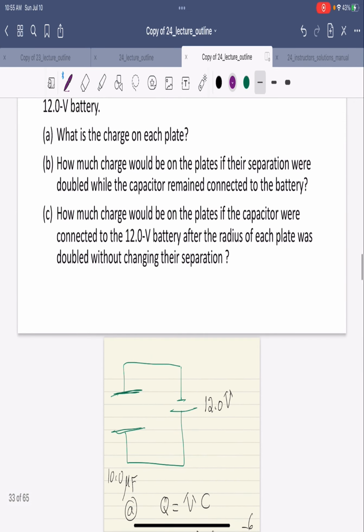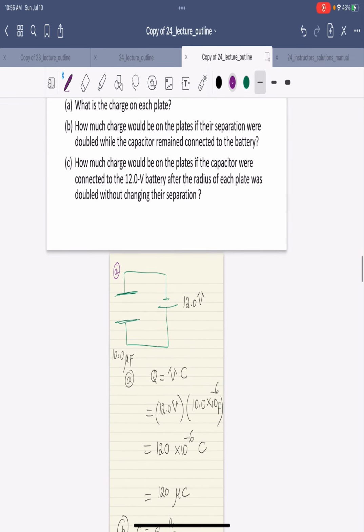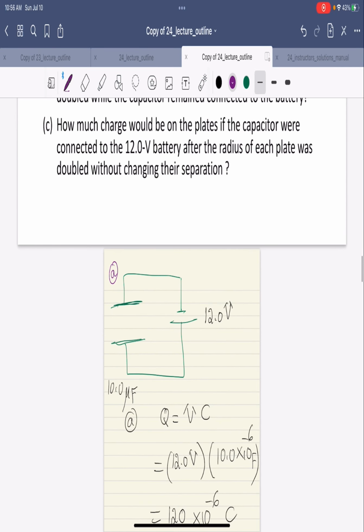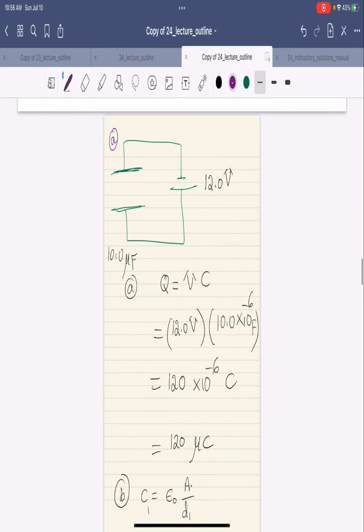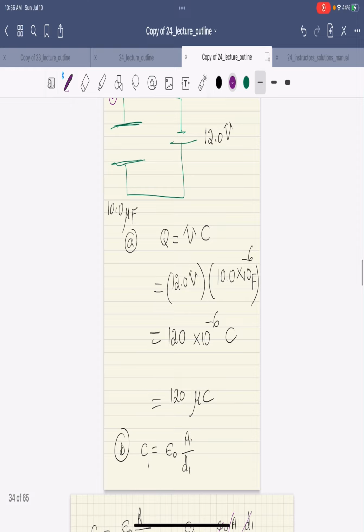For the first one, I am just having a schematic diagram. This is the capacitor, 10 microfarads, connected to the battery, 12 volts. Q is as easy as this: V times C, which is 12 volts times 10 to the negative 6 farads, because it is microfarad. You have the option here not to change the unit, and directly you are going to calculate the charge in units of 120